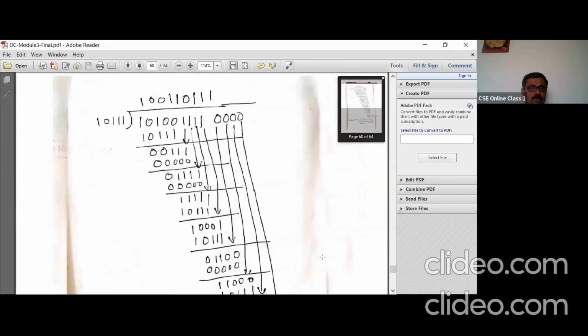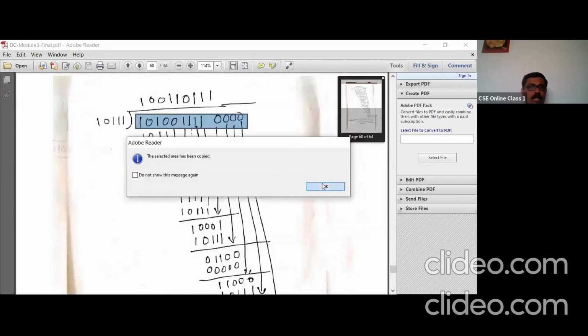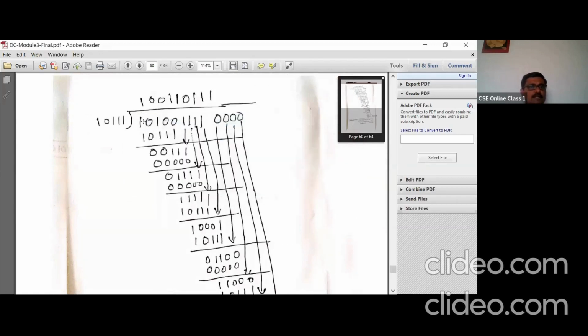Now perform the division operation again for this. You see here how this is done. The leftmost bit is 1, so you take 1 0 1 1 1 as the divisor. Again perform the XOR operation, take this 1 down to here, and you get 0 0 1 1 1. Again the leftmost bit is 0, so I have taken 0 0 0 0 0, five zeros, as my divisor. Again take this one here.